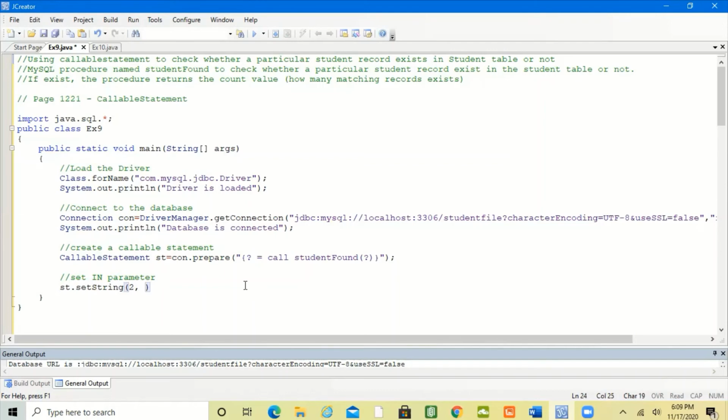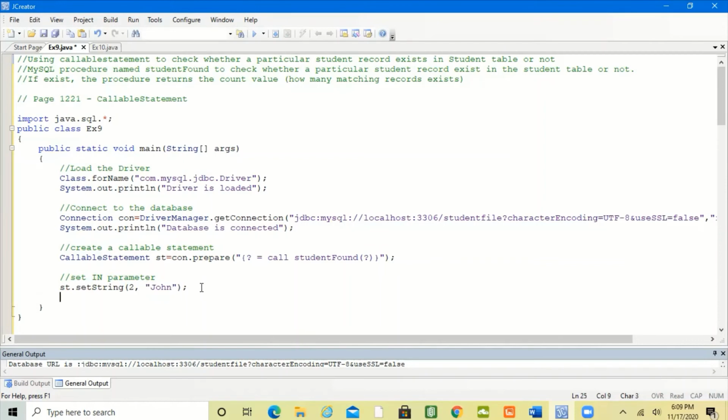For example, I want to know whether I have a student record for John. Do I have a student called John in my student table? The student name is John. Do you get the idea? So I'm giving the value straight away.